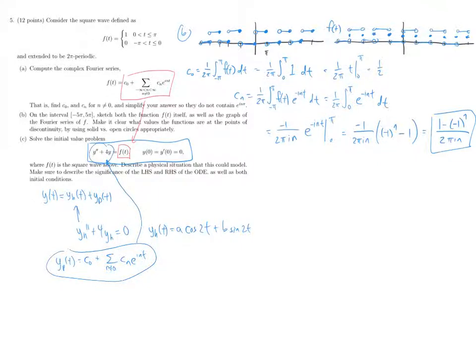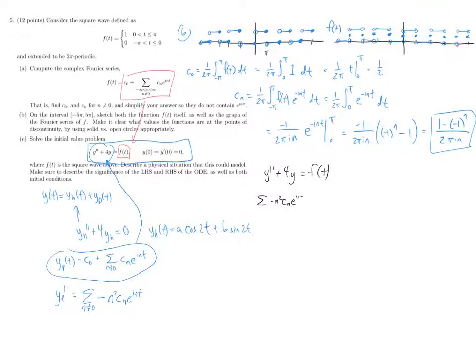To do that, we have to take two derivatives. So yp double prime: taking two derivatives, the constant goes away, and you get an i squared n squared pulling out. So i squared is negative 1 times n squared cn e to the i n t. So now we can say y double prime plus 4y equals f of t. The left-hand side, y double prime is negative n squared cn